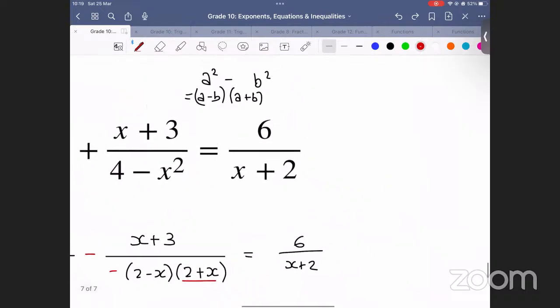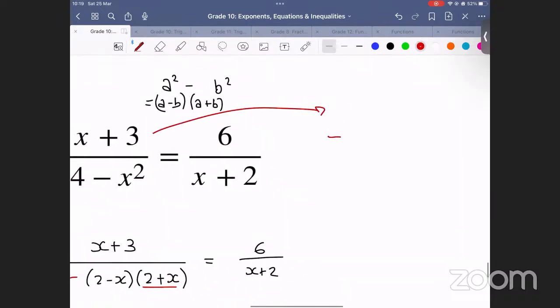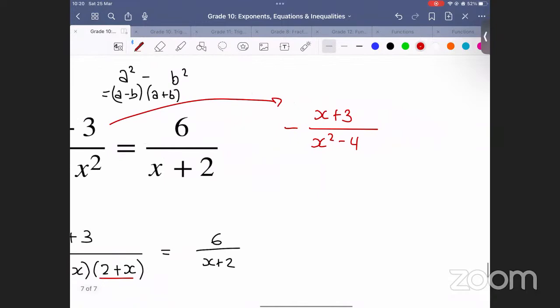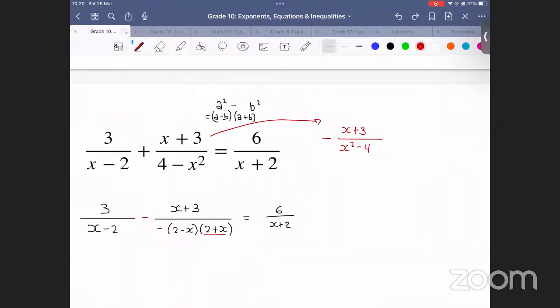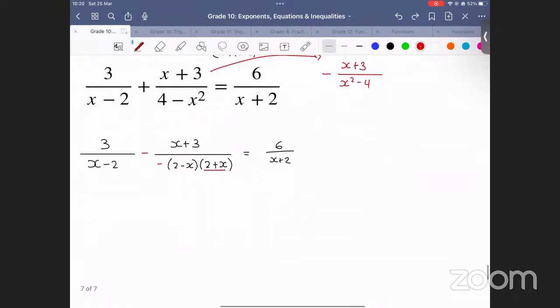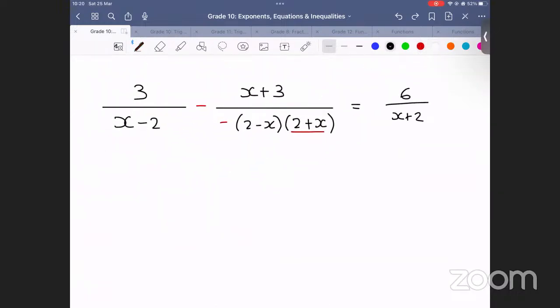Alternatively, I could have applied it here already and said minus x plus 3 over x squared minus 4. Flipped it around because it becomes positive x squared and negative 4. So it becomes x squared minus 4. And then once you do DOTS from there, you'll get your answer. However, here, this is perfectly fine. So we'll take it step by step. 3 over x minus 2 is minus. I'm still keeping that minus. x plus 3 on top